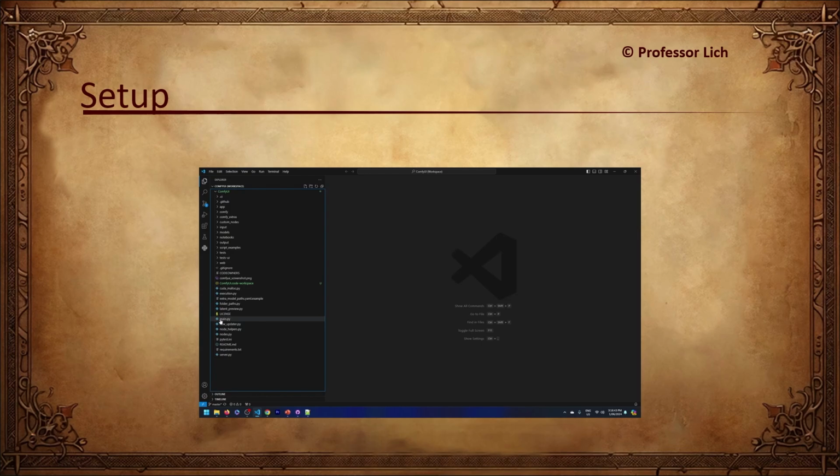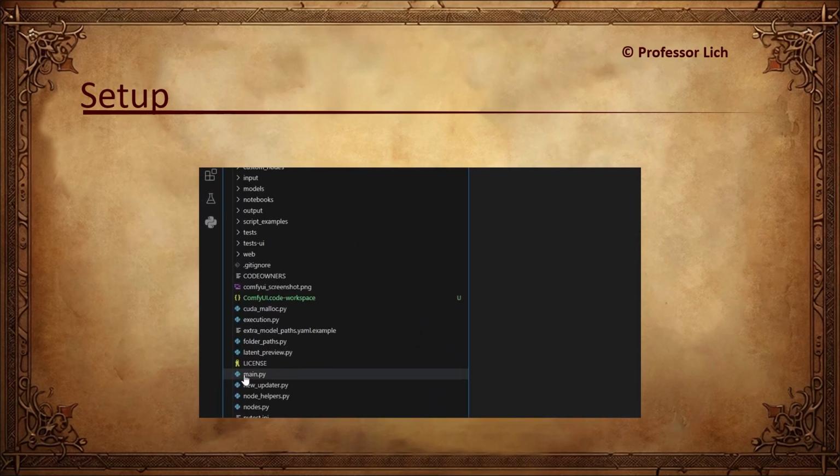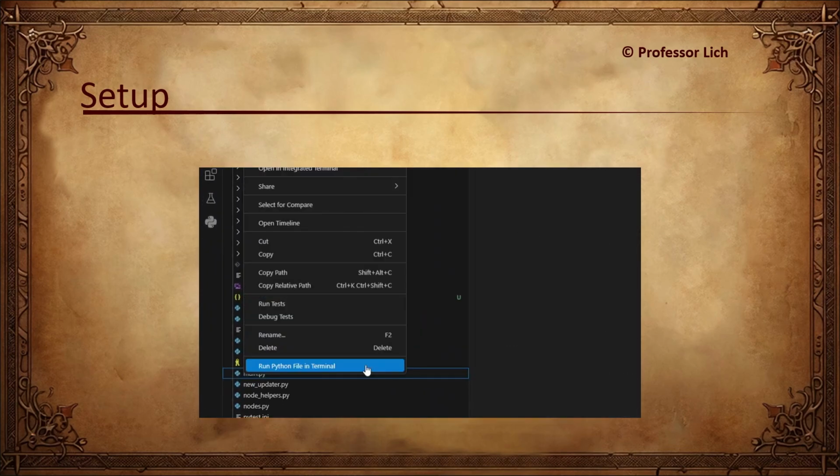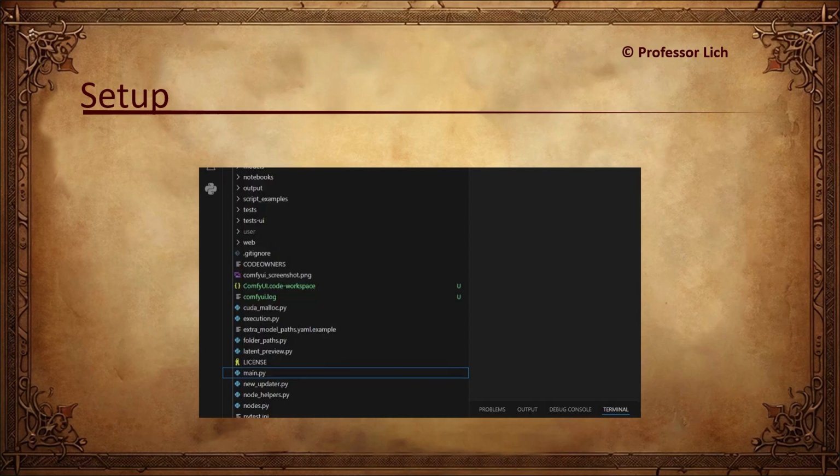When you right click on the main.py and run the Python in the terminal, you should be able to see that same familiar Comfy UI launch sequence, everything that you normally would see when you run it, whatever it is that you normally run it as.